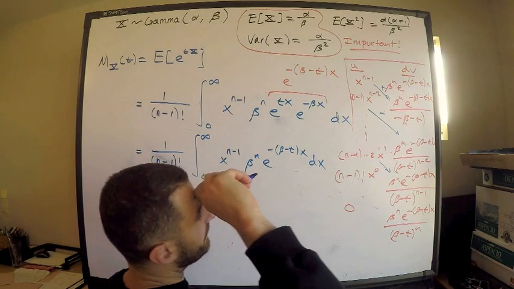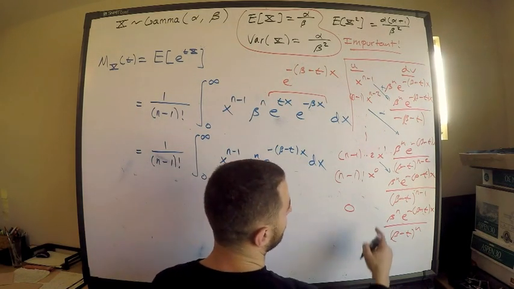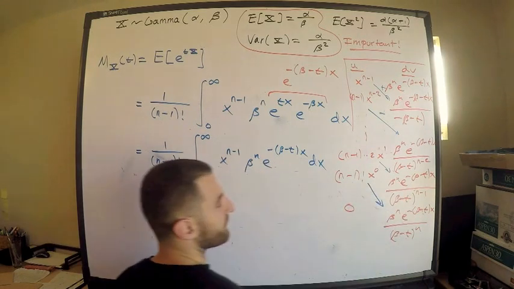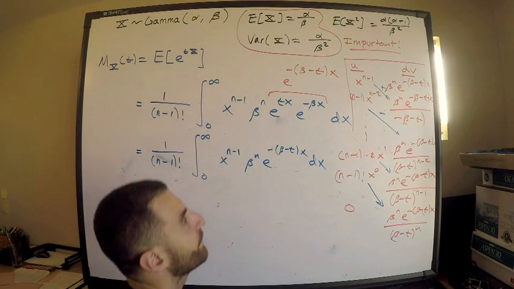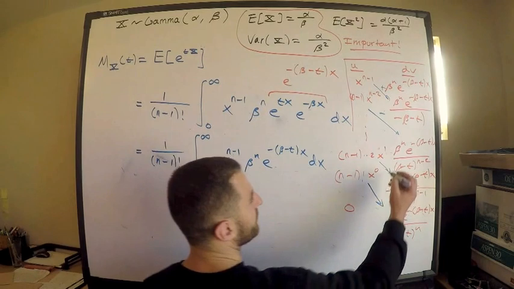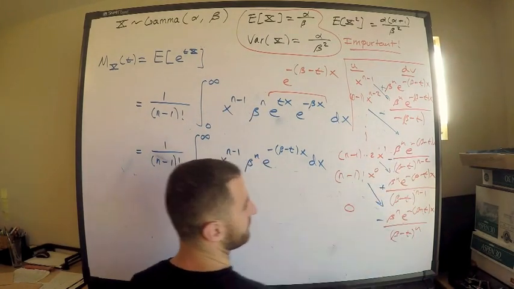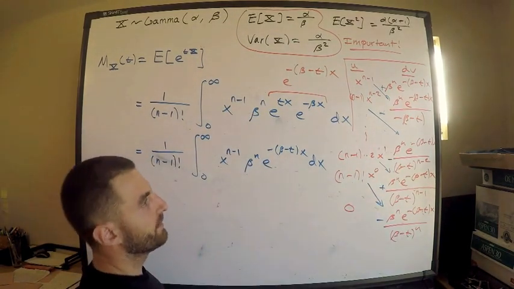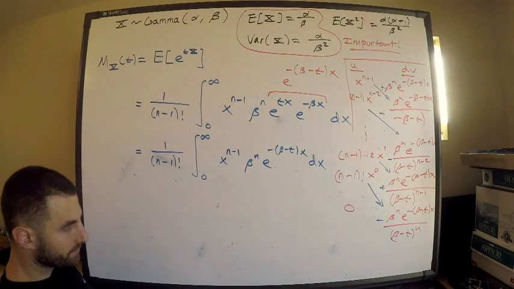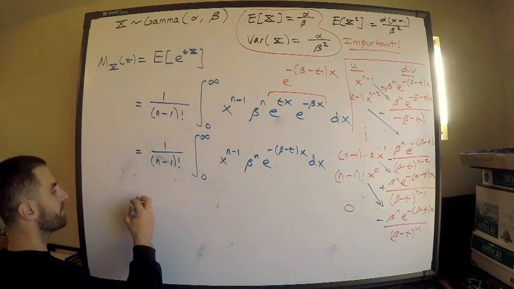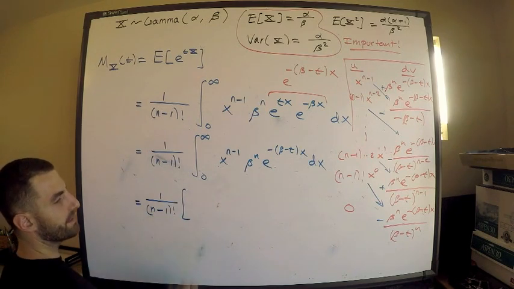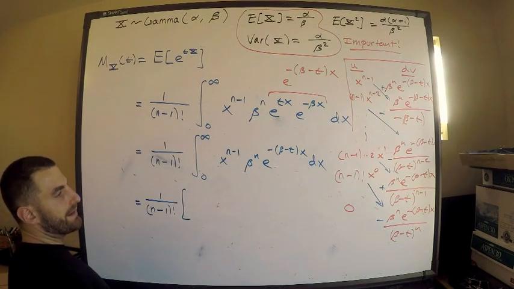Which one's going to be a negative? Well, it doesn't really matter. This one corresponds here, so this is going to go down here. Which one's going to be negative? So this is negative, which means this should be negative, positive, negative. All right. I apologize, it's a little bit messy, but go through this. This is what you should be getting. So this is equal to 1 over n minus 1 factorial times